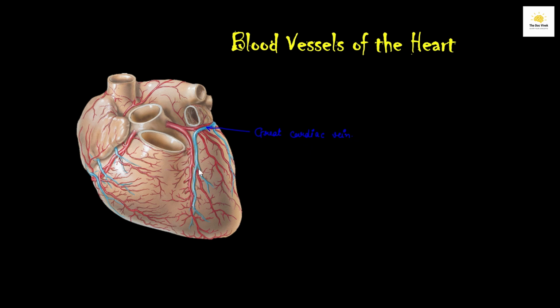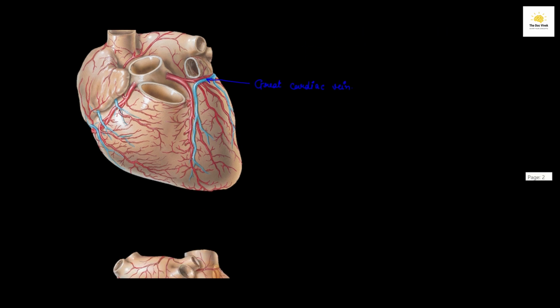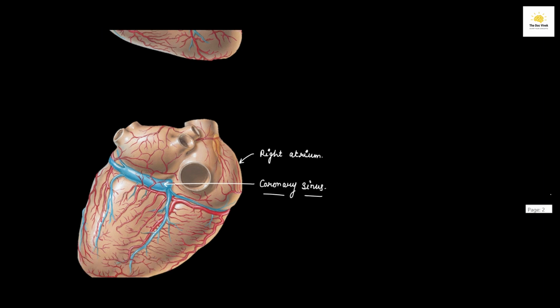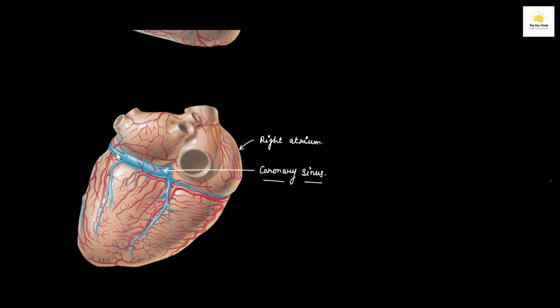and it moves upwards in the anterior interventricular sulcus with the anterior interventricular branch of the left coronary artery. Then at the level of the coronary sulcus, this vein turns to the left and goes under the circumflex branch, which is over here, as we studied in the previous part. It goes under the circumflex branch of the left coronary artery and lies in the coronary sulcus at the posterior surface of the heart. It can be shown in this image. So it comes onto the posterior surface of the heart and then falls into the coronary sinus.